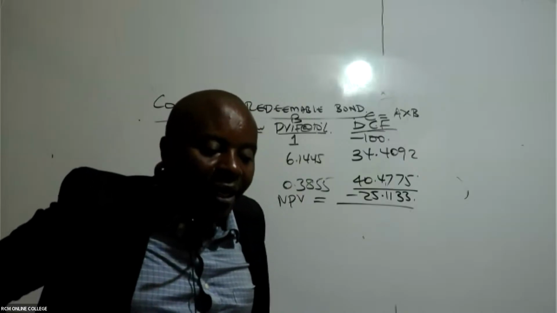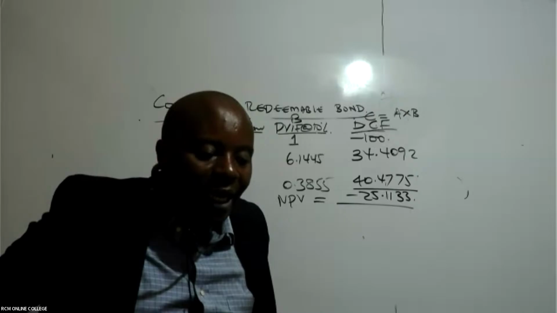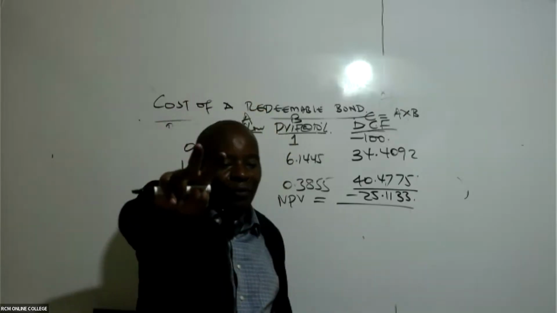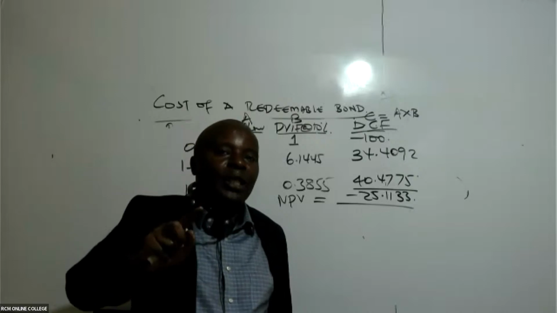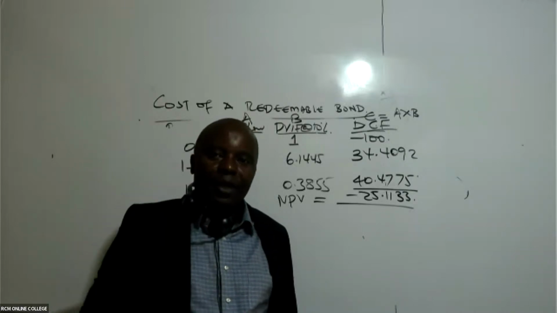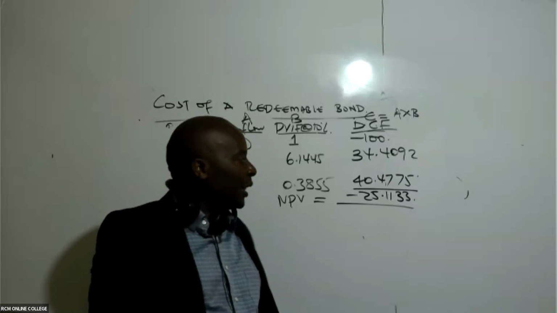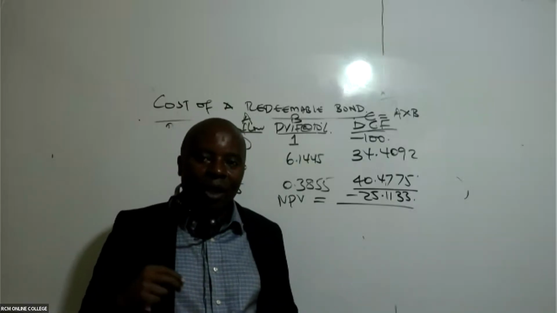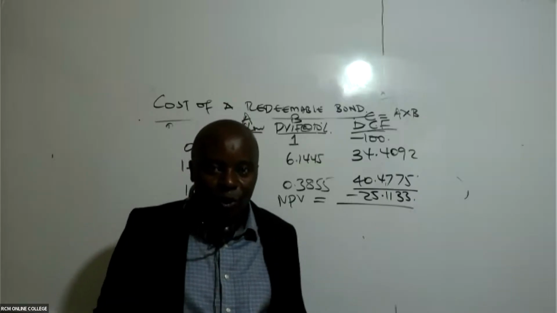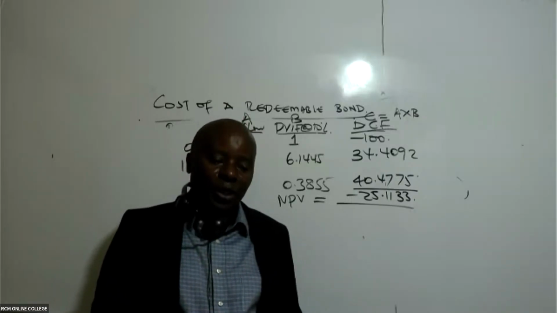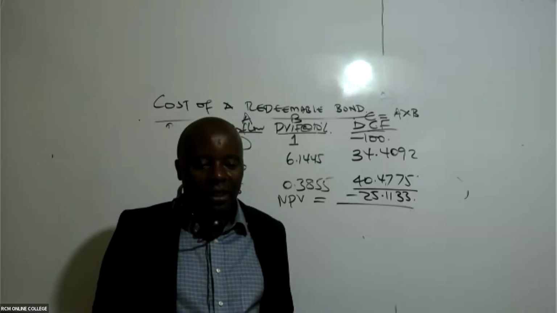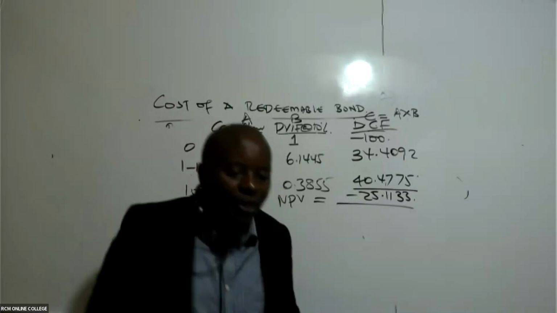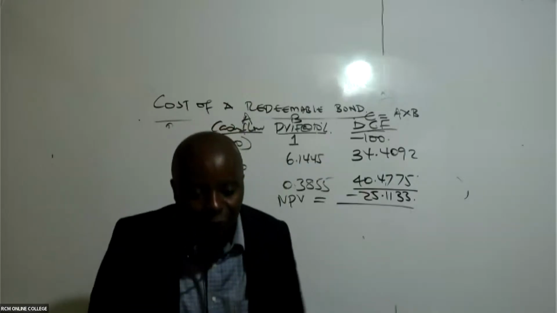Now, ladies and gentlemen, remember we said we need how many NPVs? We said we need 2 NPVs. One must be positive, the other one must be negative. Bad luck has given us a negative NPV. So now through trial and error, can somebody tell me the cost of capital that I should use, which in this case will give me a positive? Trial and error. I want to hear from you. Which other cost? 10% has refused.